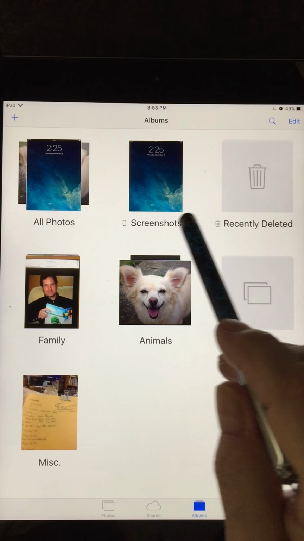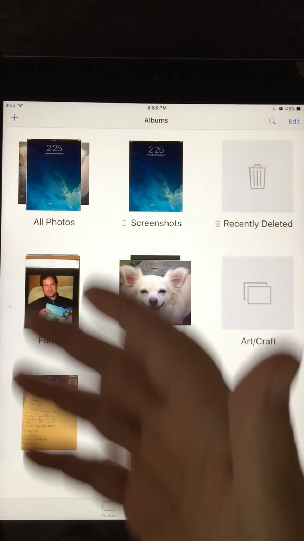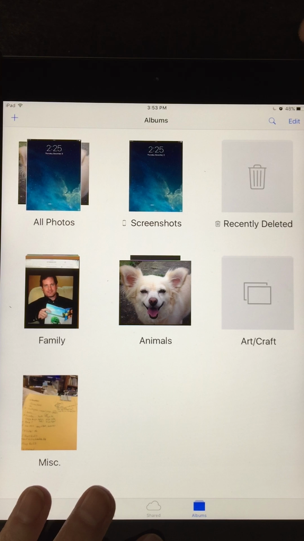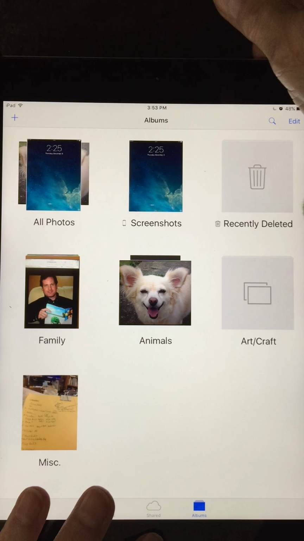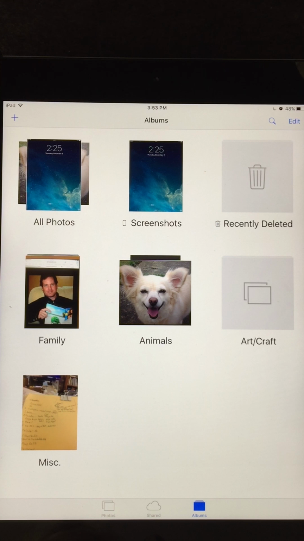And screenshots, there are none in here because I haven't taken any screenshots. But in case I didn't tell you how to do that, you get whatever picture you want on the front here, and then you press the hard button at the bottom, plus the off key, the on-off key here at the top where my finger is pointing, at the same time. And that's all you have to do. And it will automatically go into your all photos. And then you can put it into one of your